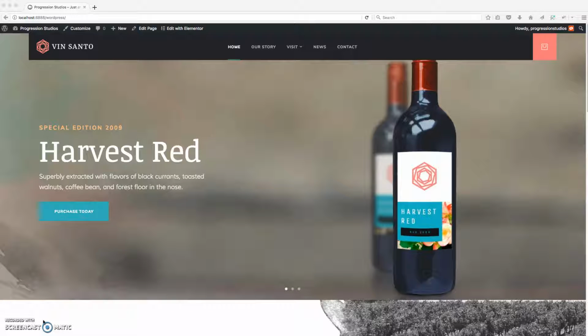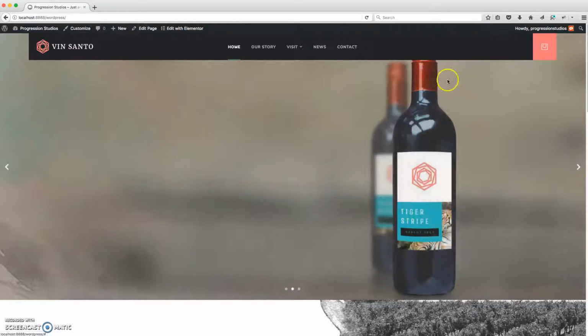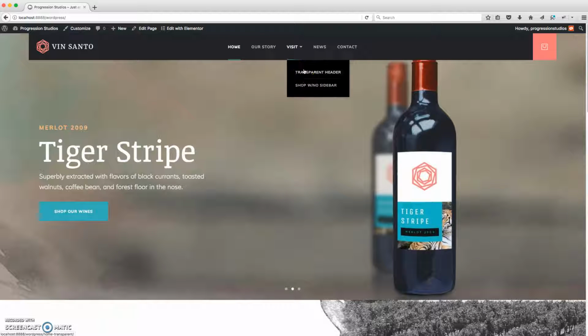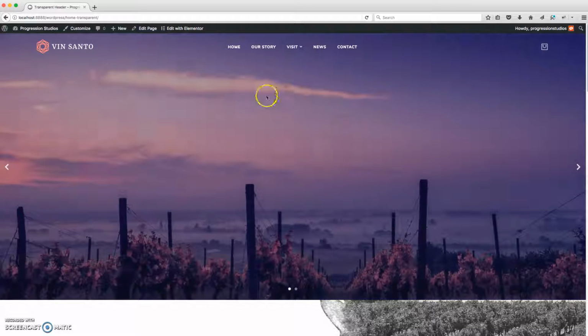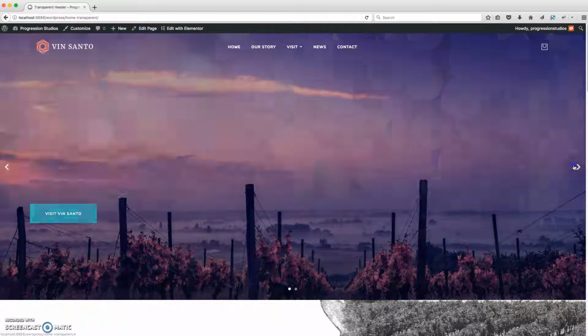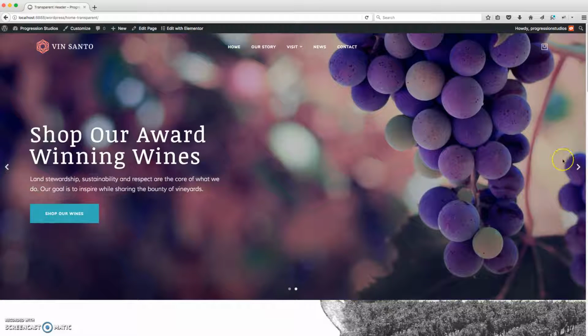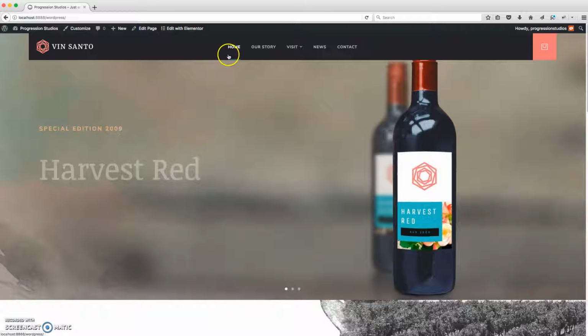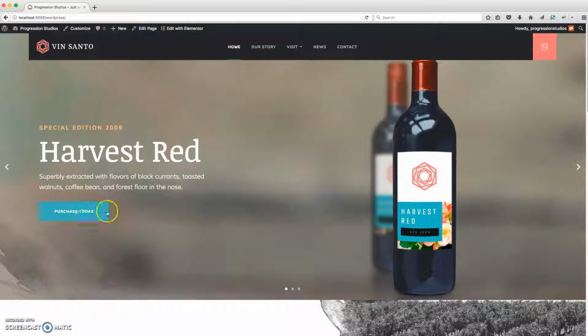All right, I wanted to briefly go over your homepage slider. And so we actually have two of them. You'll notice this first one right here on the main homepage, and there's a second one as well under transparent header. You can assign either one to be your slider, but I'm going to go ahead and go over the main one first. They work exactly the same, but since this is going to cover most examples,